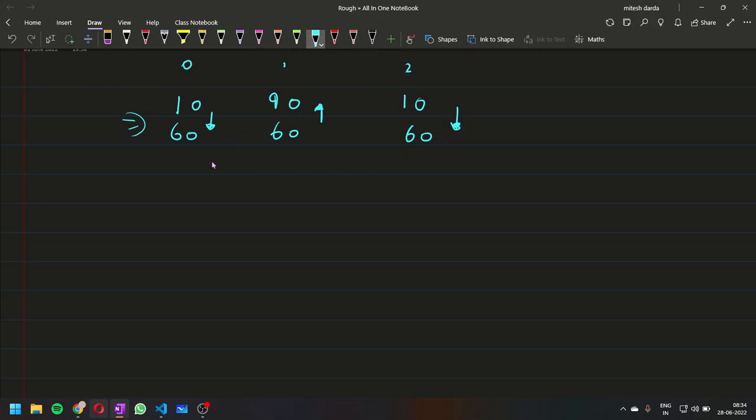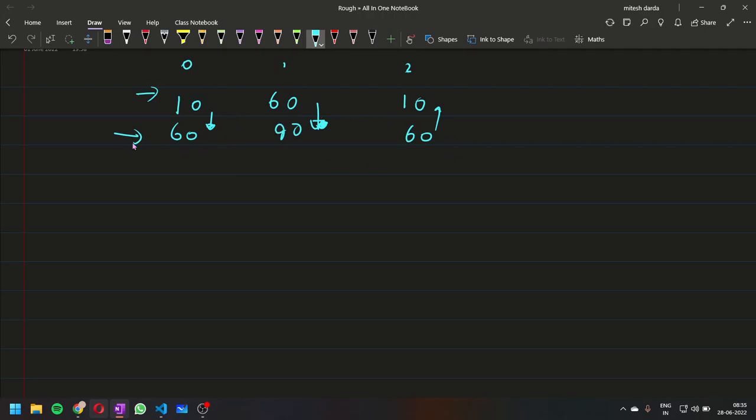So either we can swap these two 60s such that this array becomes maximum, or we can just swap this 90 and 60, and it will become 60 90 90. After this, each individual element of the second array will get maximized. We want this to maximize the possible elements of one of these arrays.